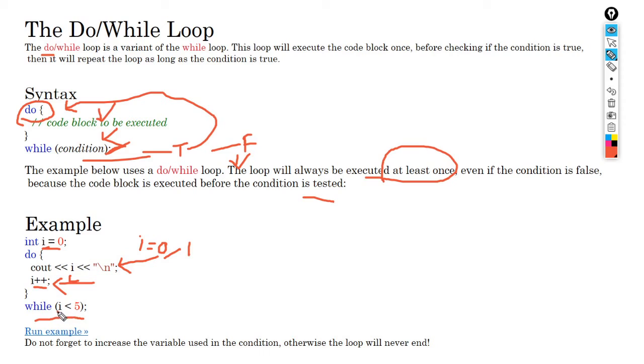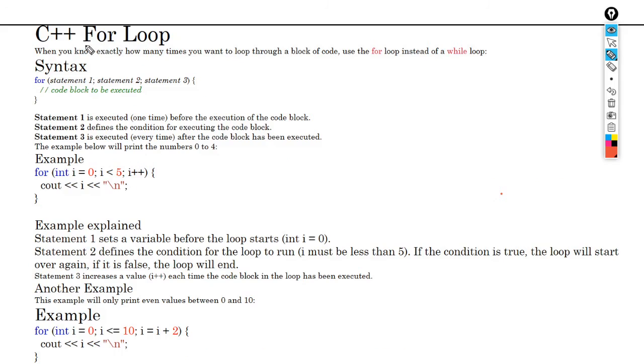So 1 is less than 5 is true, then again it will go to the do and again it will execute till the condition becomes false. It will go on incrementing and executing. Now 5 is less than 5, the condition becomes false. It will come out of the loop, and here again you have to increase the variable value or else this loop will not end.